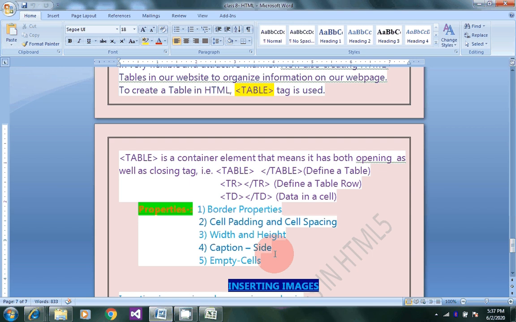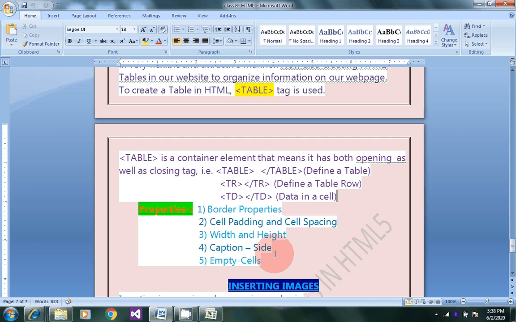So the syntax is given in your book, so we are not discussing the syntax here. Next is the width and the height. You can set a table with width and height using the width and height attributes. Syntax is height value, width value; you can give the value in pixels, in centimeter, in percentage.